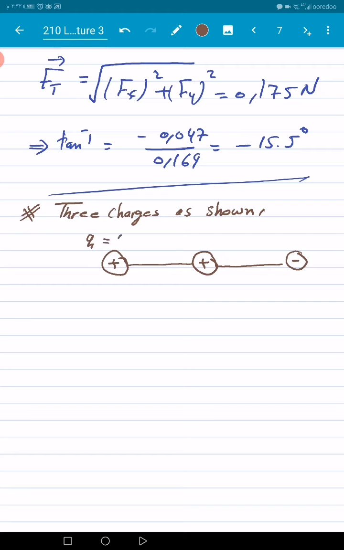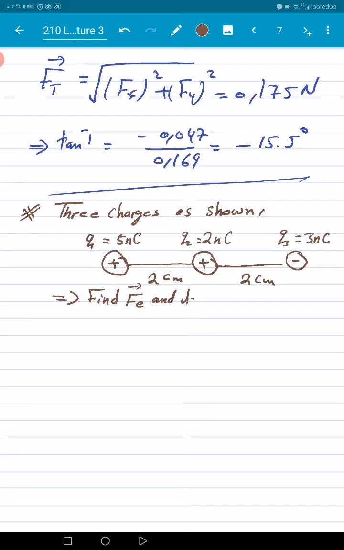Q1 is equal to 5 nanocoulomb, Q2 is equal to 2 nanocoulomb, Q3 is equal to 3 nanocoulomb. The distance between 1 and 2 is 2 centimeter. The question is, find the electrostatic force and its direction